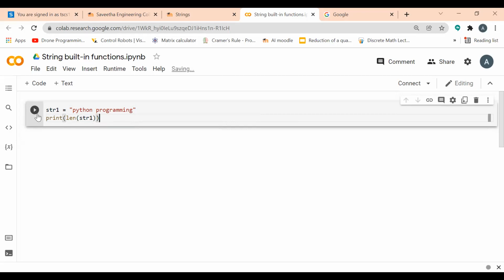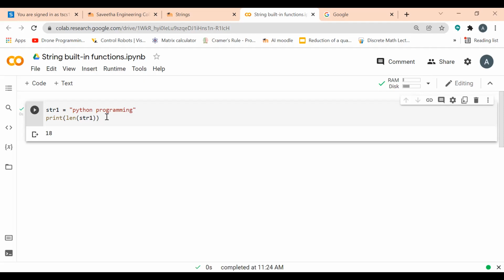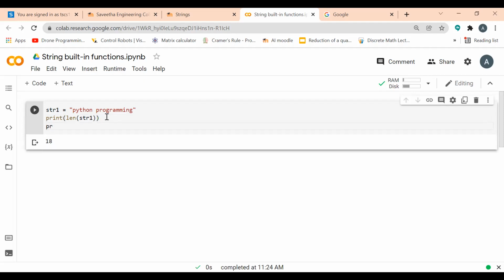This will return the length of the value, so for Python space programming it will return the length of this sentence, which is 18.